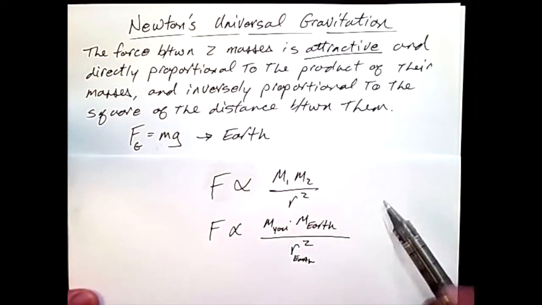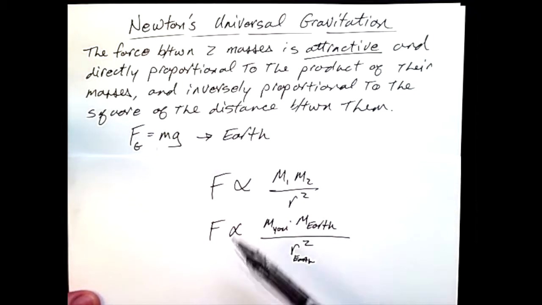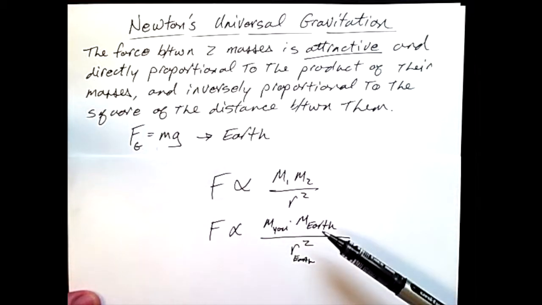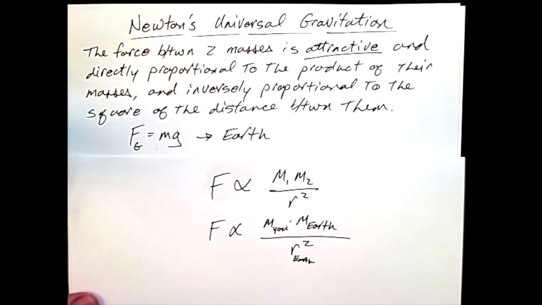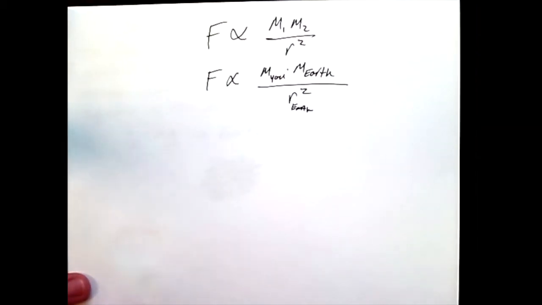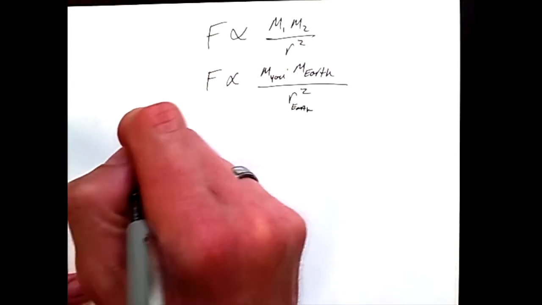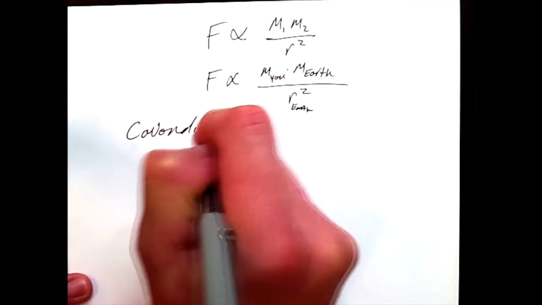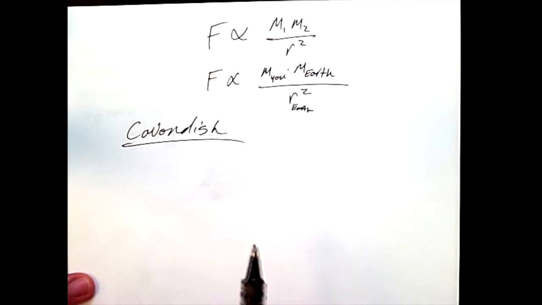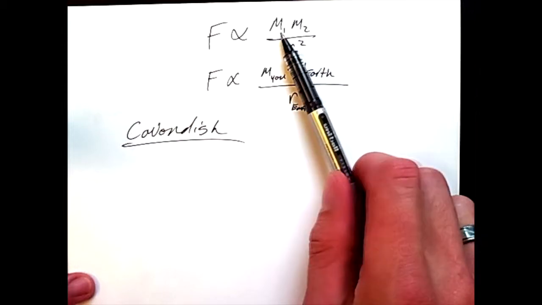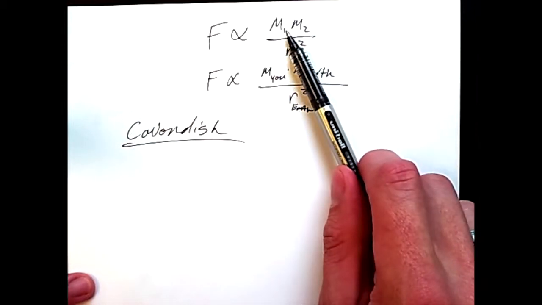And so you can imagine that in order to do any kind of calculations for figuring out weight prior to this, we would have had to know the mass of the Earth and the radius of Earth in order to calculate these things. Not only that, but also the proportionality constant. It wasn't until much later that a scientist named Henry Cavendish performed a series of experiments in order to measure the proportionality constant between two objects. Now, he couldn't do it between us and the Earth because we didn't know the mass of the Earth, so he instead used known values of lead spheres